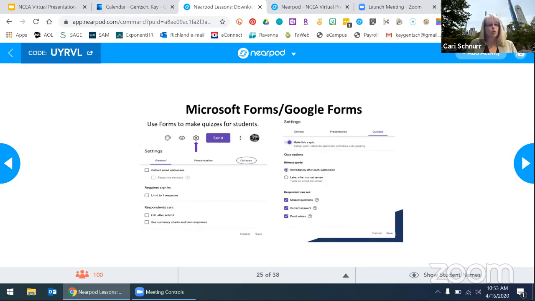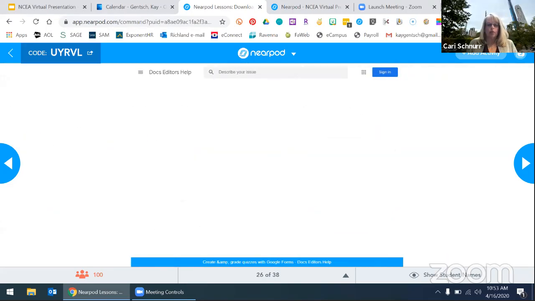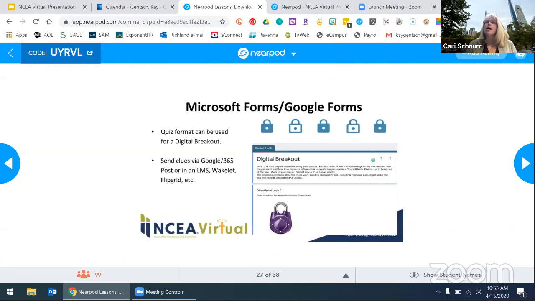I've given you some shortcut examples here on this slide, but on the next slide, if you're following along as a student in the Nearpod, you can actually see a blue square there that says click here to open the web page, and it'll take you to the web page in the Google Help section that shows you exactly step-by-step how to create that. And in case you also are interested in doing something a little different, you can use